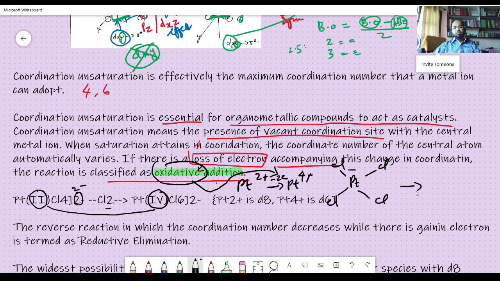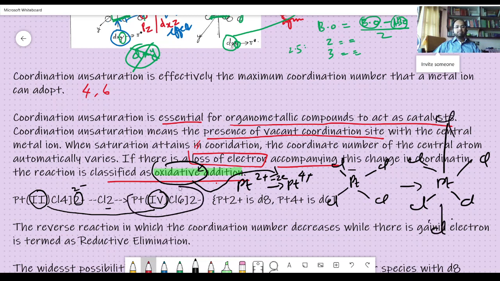As a result of this, you get Pt with Cl, Cl, Cl, Cl, and Cl on the top and the bottom. So you get PtCl6 in this compound. In the initial stage, the platinum is a d8 case with a +2 charge, and then it becomes Pt4+. So here it is d8 and here it is d6. So this is called oxidative addition, and the coordination